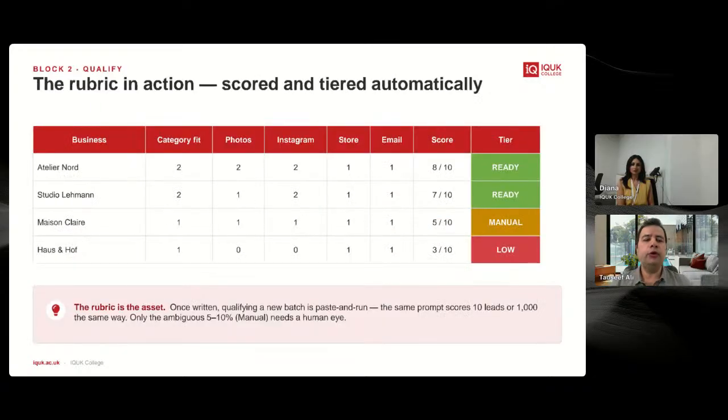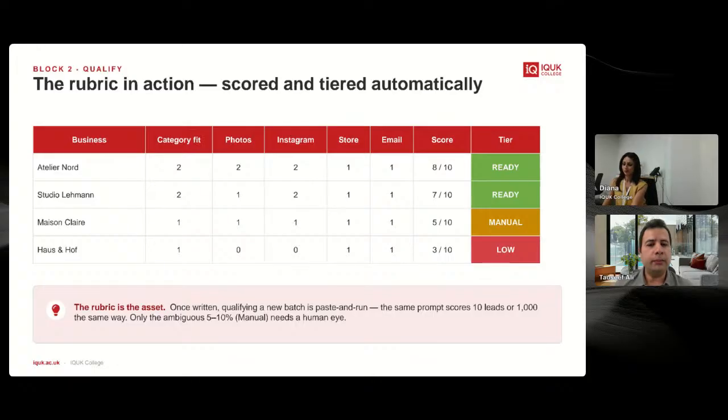For the scoring, you need to tell AI how to use the scoring. You can have your own rubrics, just like when we grade work for students, we use a rubric as a grading criteria. The same kind of approach can be used to grade different leads. So let's say out of 10, we want to grade them. We look at category fit, 2 points for it.